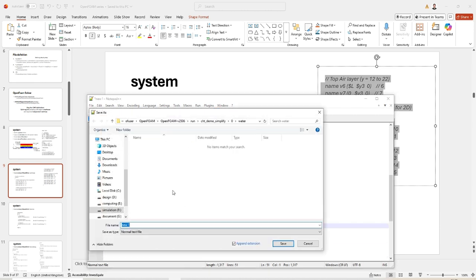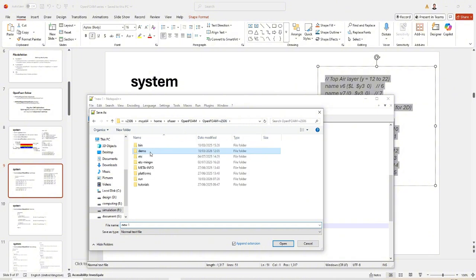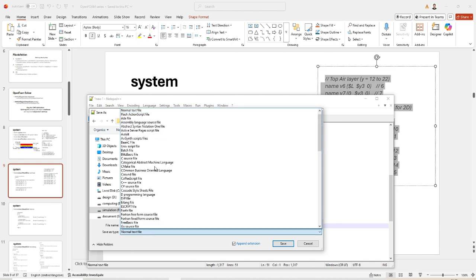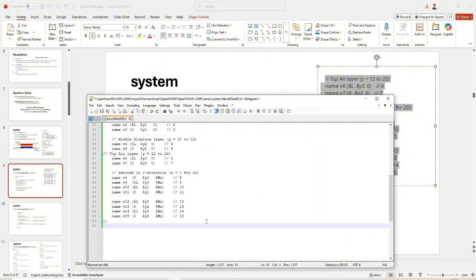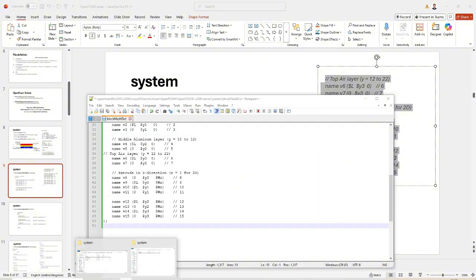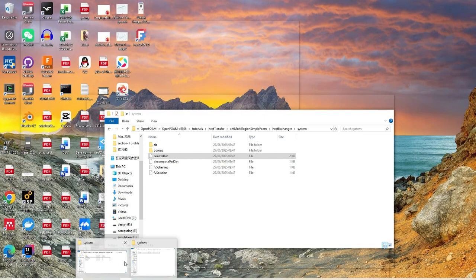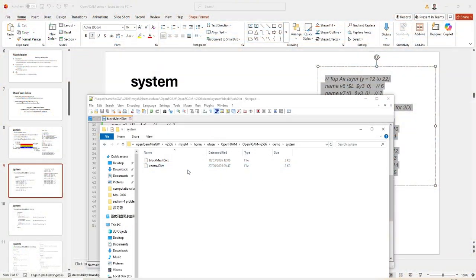So what I'm doing here, I'll just save this in our OpenFOAM demo system, and I change the type to blockMeshDict. So I don't need to append any extension at this stage. So make sure there's no extension. When I go back to my system folder, I will have the control blockMeshDict